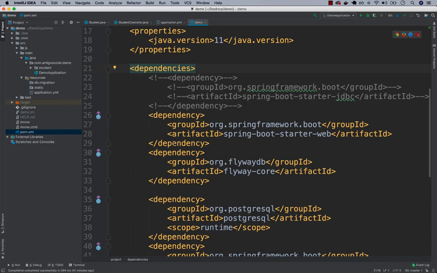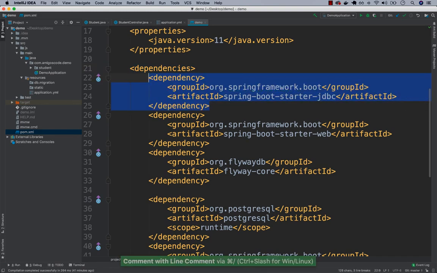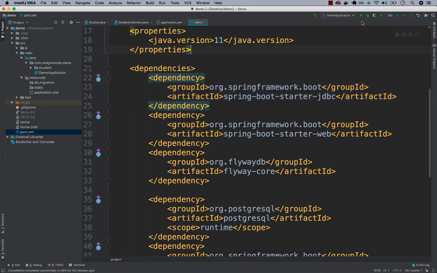Go ahead and open up pom.xml. And remember, at the very beginning of this course, I told you to comment out this dependency. Now it's time for us to uncomment it because we will connect to our database. So I've just uncommented that. And if I try to start my server,